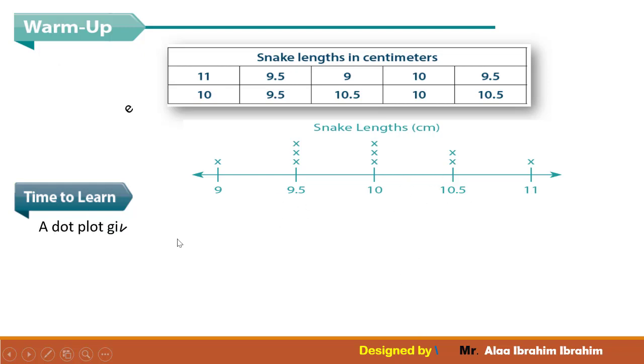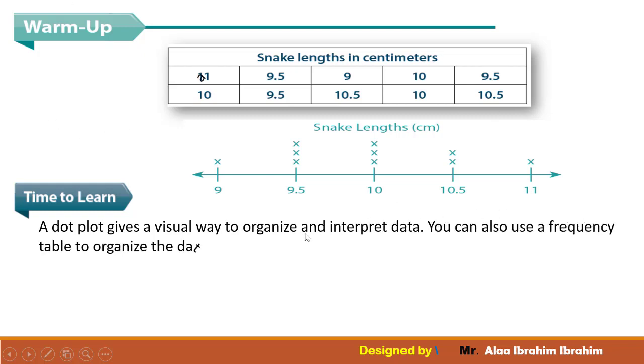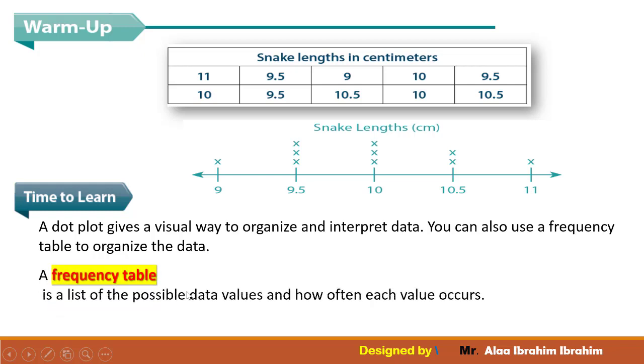Now, dot plots give a visual way to organize and interpret data. You can also use a frequency table to organize the data. A frequency table is a list of the possible data values and how often each value occurs, here meaning happens. So we're going to the first